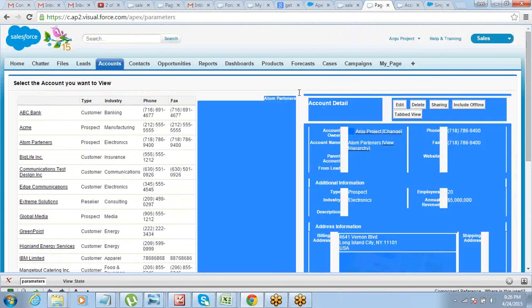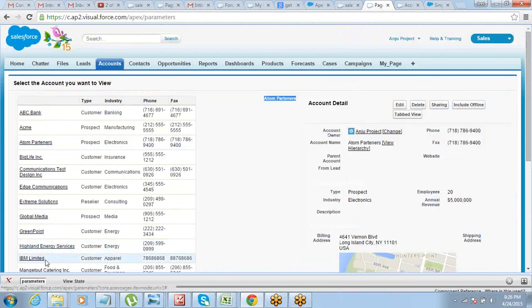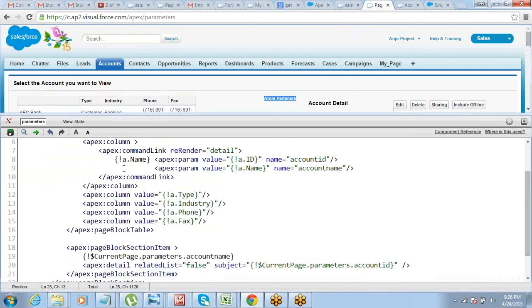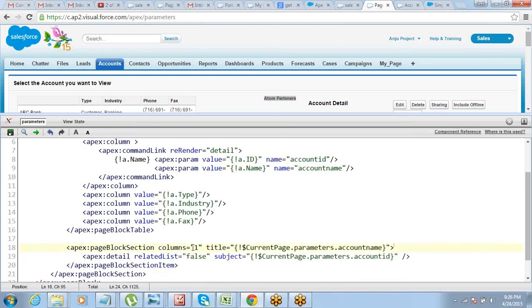See, this is where the name has come. So ideally, make it a page block section with one column. Title can be this one. And collapsible equals false.